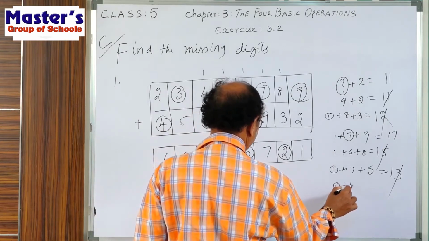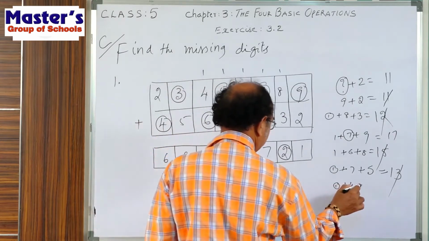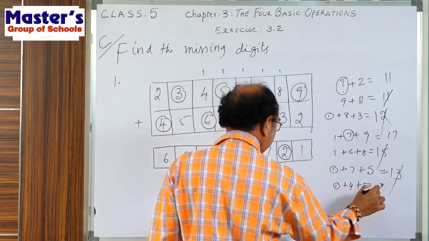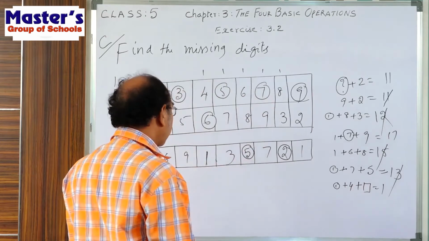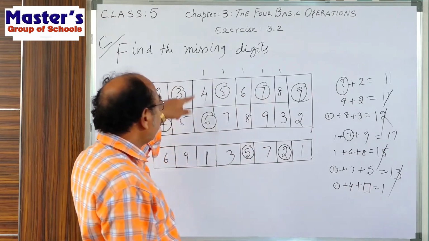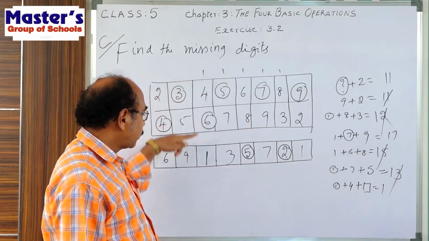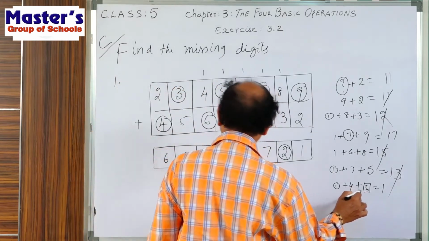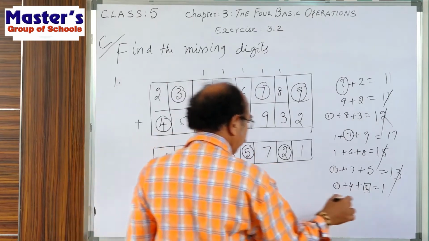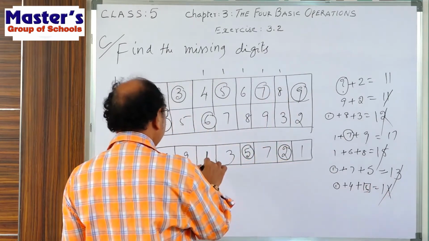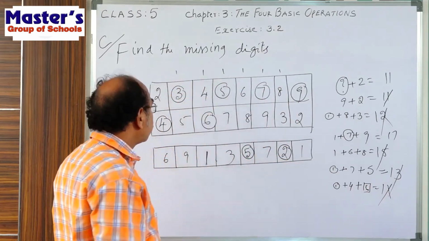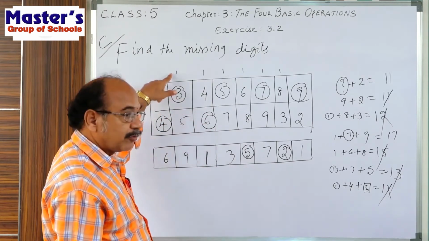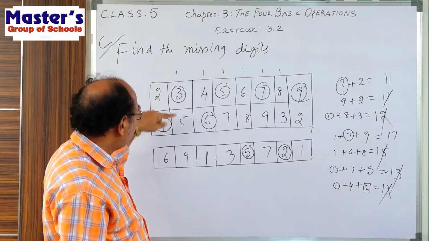4 plus, here the blank is there, 6 I wrote. So here we have to get 1, that's why if we add 6 here, 4 plus 1, 5, 5 plus 6, 11 will come. If we write 6 here, then 11 will come. Then strike off and write 1 here and another 1 here. Now you see, 4 plus 1, 5, 5 plus 6, 11. So here 1, here 1. 1 is carried.